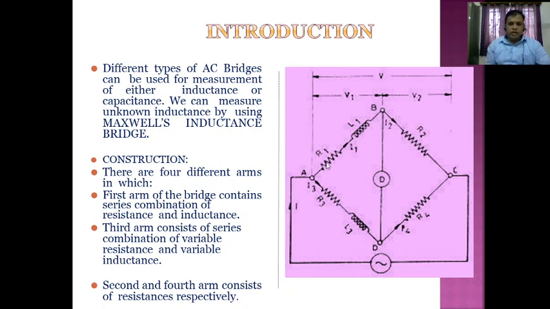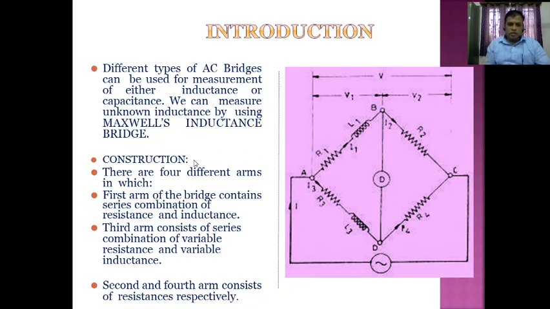You are seeing the figure here, which has the voltages V1 and V2, and this is the voltage V, the AC supply given. There are R1, L1, and R2, which is one of the resistances, R3 and L3, and here L4 and R4 are the resistor and inductor separately. The current flows from here, and as usual we know that the balancing of the bridge is essential. What we do here is discuss the construction of the Maxwell inductance bridge.